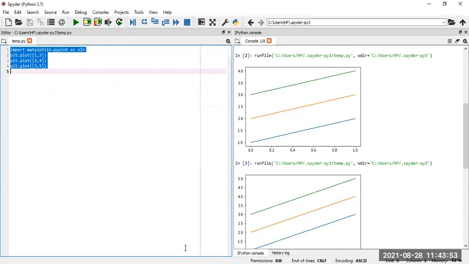So this is a very simple example of how to write a matplotlib program. Okay, now moving to my next part. That is the next program we are going to see here.